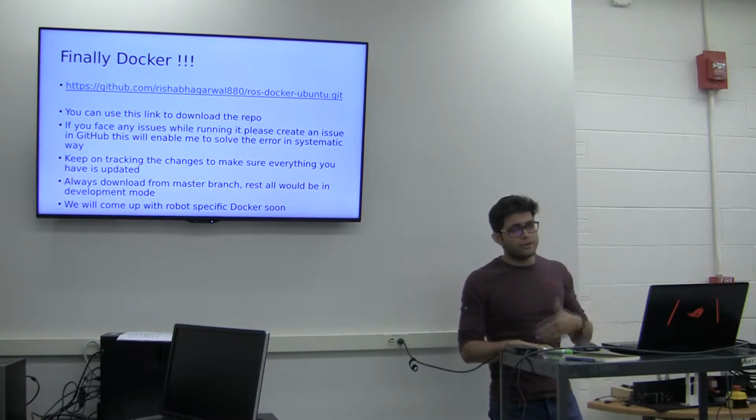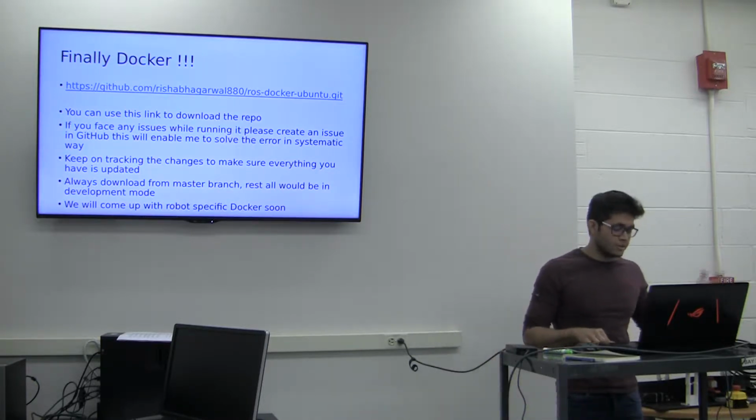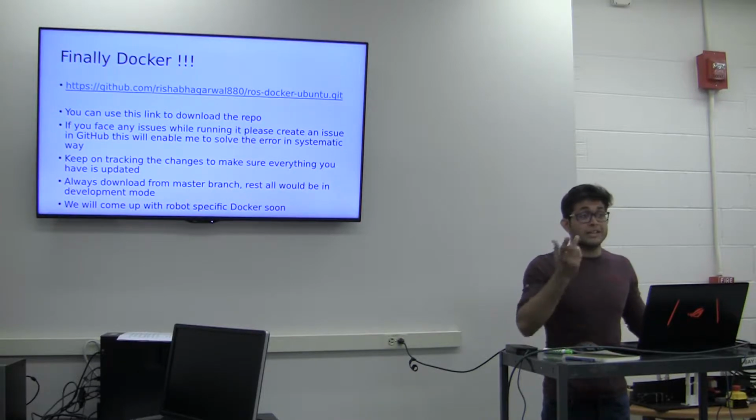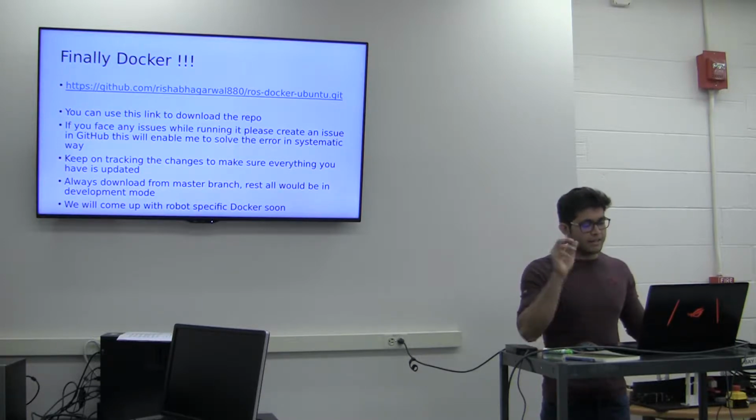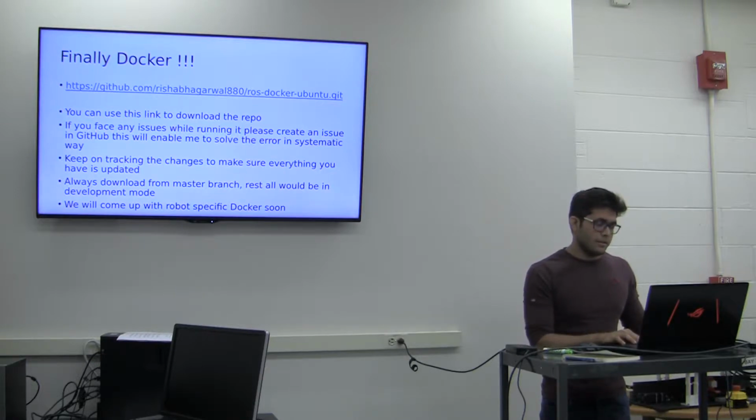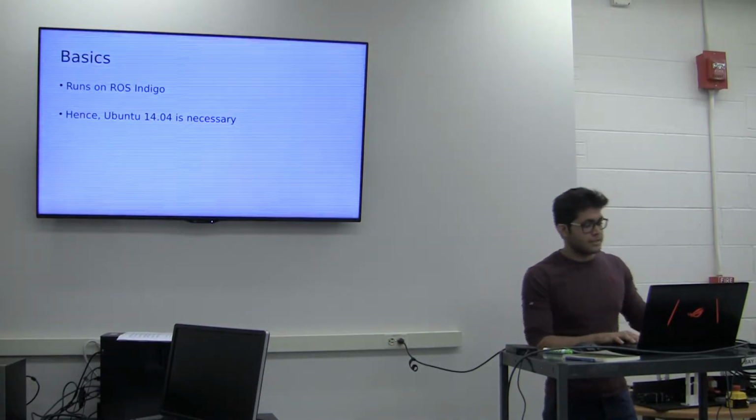Similarly, you'll work on Docker, and you'll figure out that your camera is not working, or this robot is not communicating with Docker, or Ethernet is not supporting. A lot of issues will come, I agree. But just start working on it, keep publishing, keep creating those issues. I'll try my best to solve them with time. Okay, so let's go to the